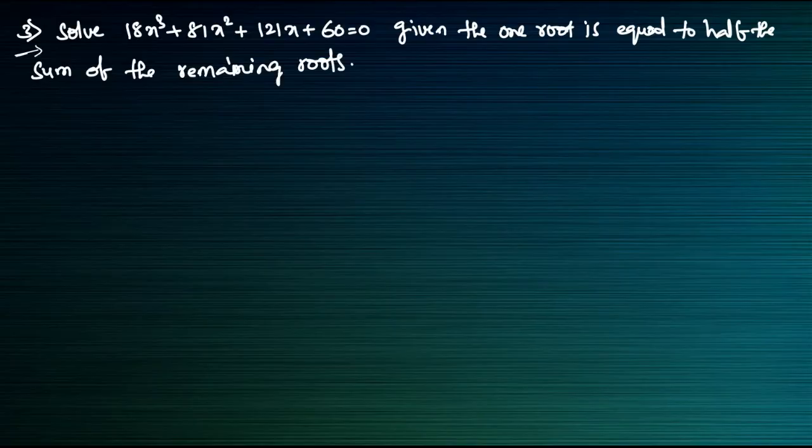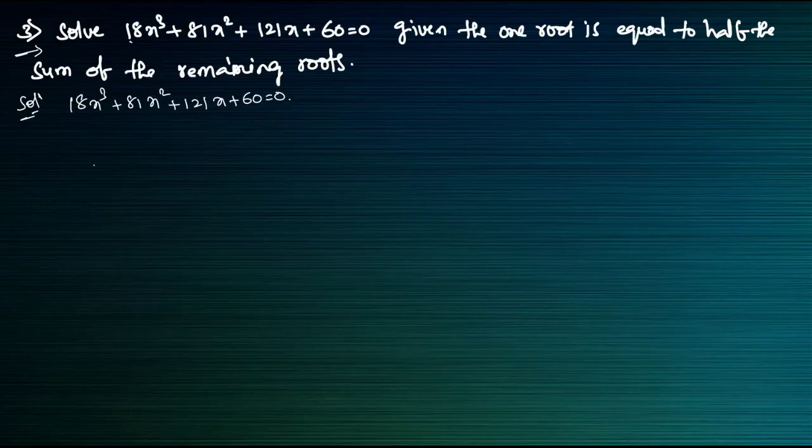Now the third question is: solve the given equation. The given equation is 18x cube plus 81x square plus 121x plus 60 is equal to 0. He has given that one root is equal to half the sum of the remaining roots. He is saying that the one root is equal to half the sum of the other roots. So that means